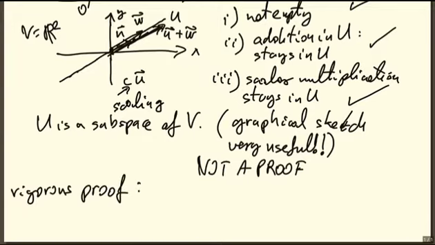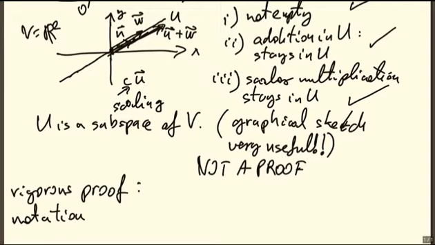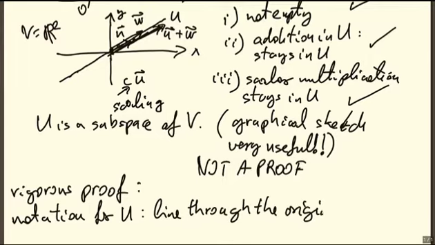Rigorous proof, we have to set up notation for U, which is a line through the origin. Well, it's supposed to have a slope. Let's say that with given slope